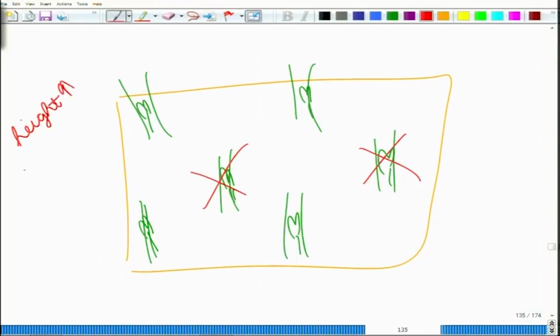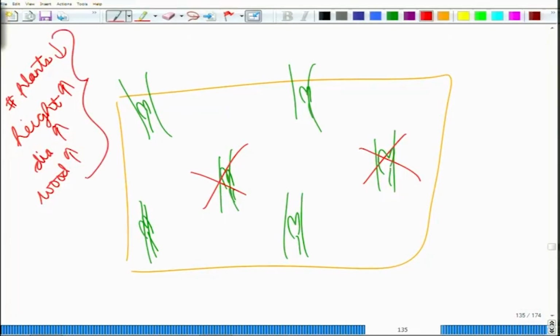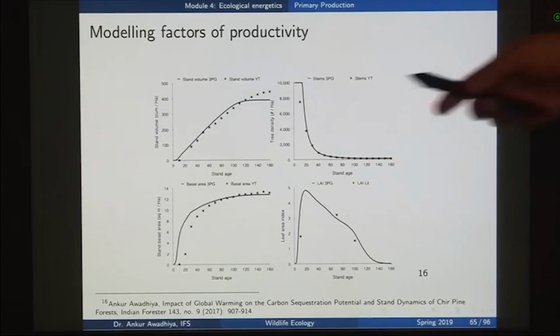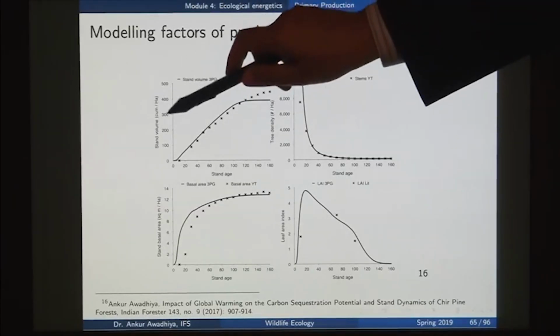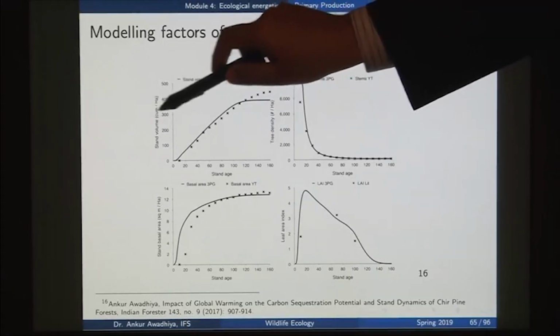So, the height increases, the number of plants reduces, the diameter also increases, the total amount of wood in the plant also increases, and so on. All these measurements have been done for such stands of pine for different time periods. In this case, for instance, here we have the stand volume. The stand volume is the total volume of all the trees present in that particular area, given as cubic meter of wood per hectare.